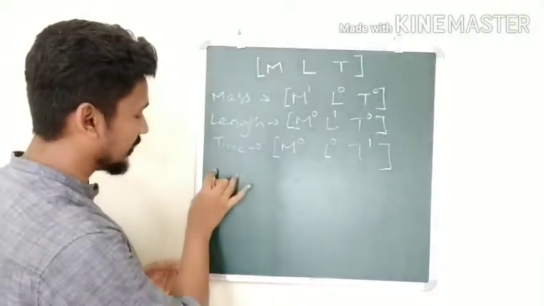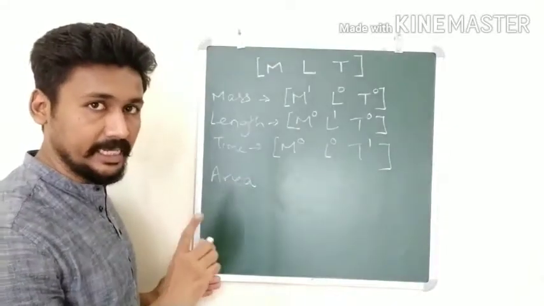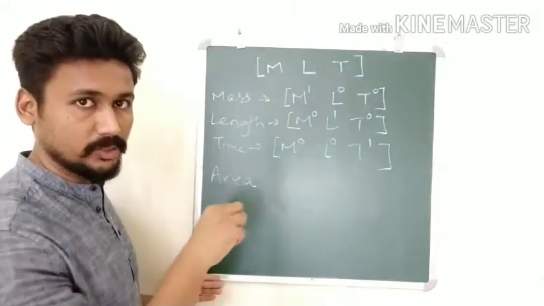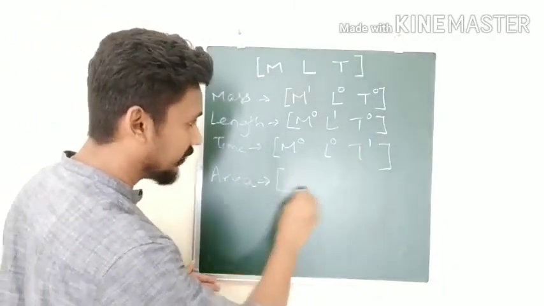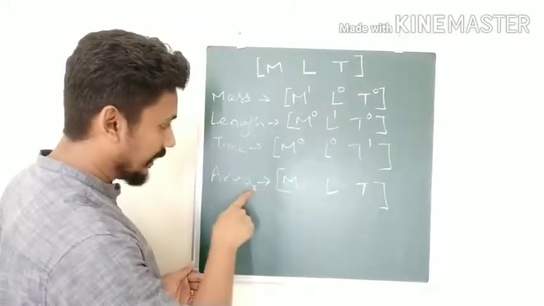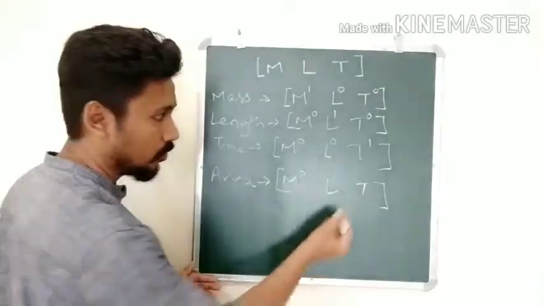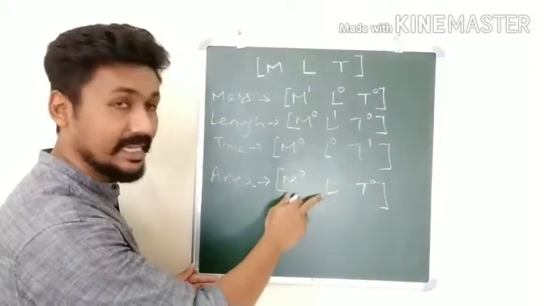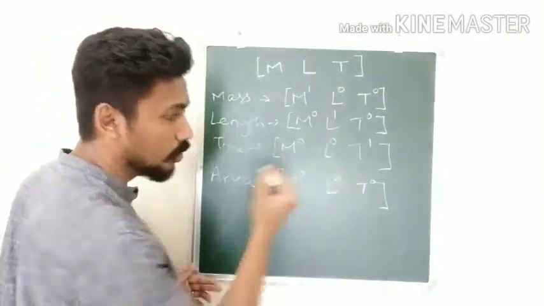For example, let us take the derived quantity of area. How do we get area? We get area by length into length, correct? Length into breadth. So that is the square of the length. So area will be represented like this, M L T. In area, there is no measurement of mass, so mass M raised to 0. No measurement of time, T raised to 0. But in area, length is measured twice, square. So here I will write L to the power 2.